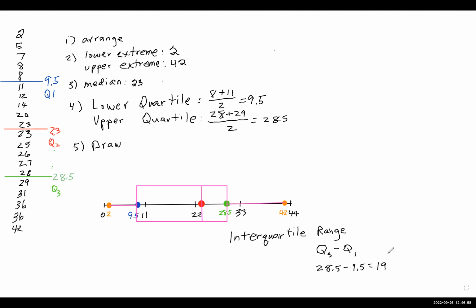You guys just reasoned your way through it and figured it out. And I think sometimes when you do that, you remember it a lot better because you figured it out on your own and it kind of makes sense all of a sudden. So the interquartile range here is 19, for what that's worth. There it is. All right.